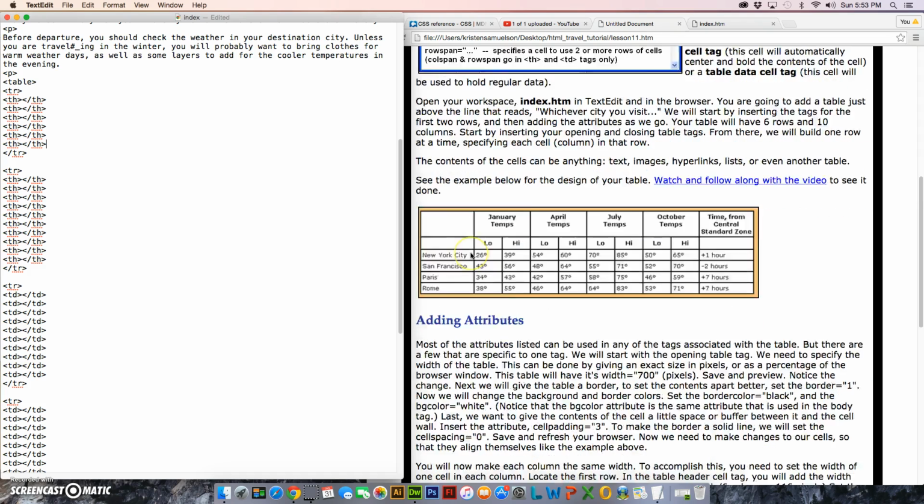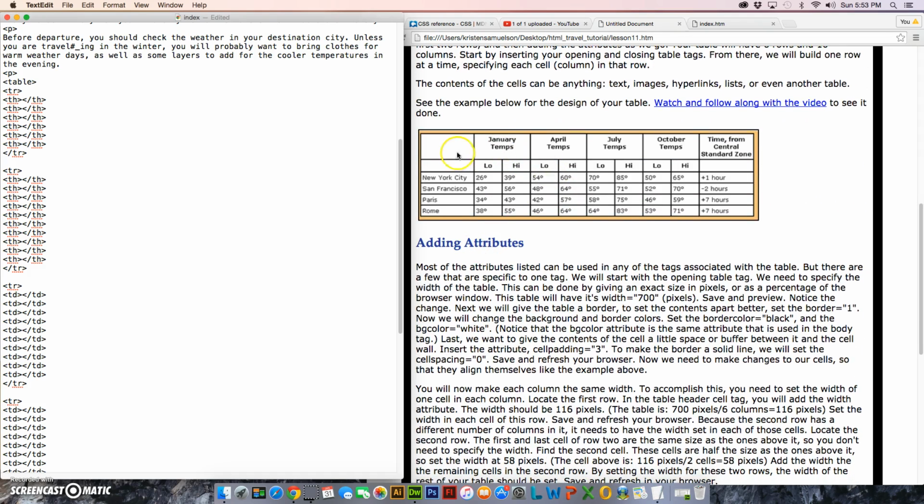So let me scroll this up a little bit to make it easy to see. We start over here at the top left and work our way to the right. So the first cell is blank. I'm going to leave it blank. The second cell says January temps. Now I do want you to notice that January is on a different line than temps. So that means that it needs a BR tag between them. I'm going to go ahead and copy the BR tag and temps so that I just have to write down a few months. There I have April temps,